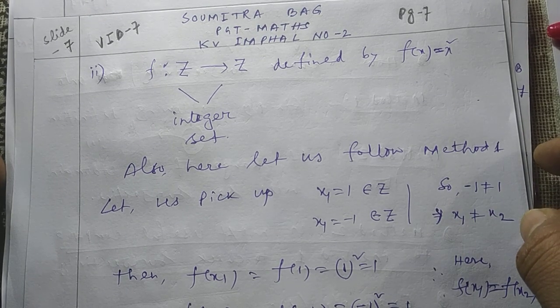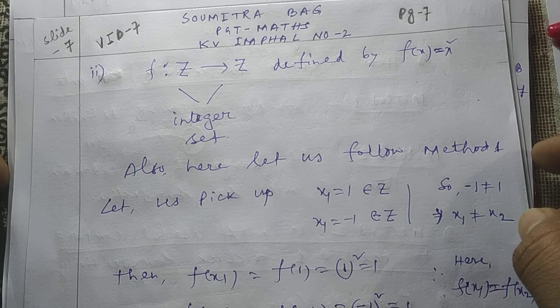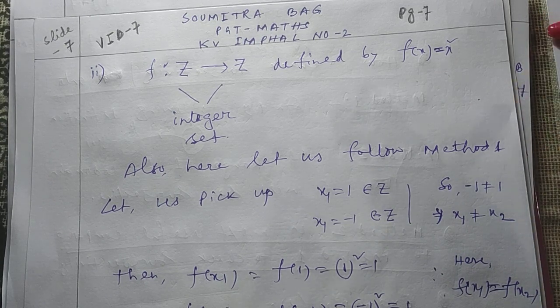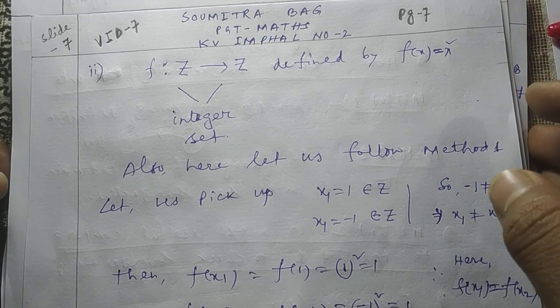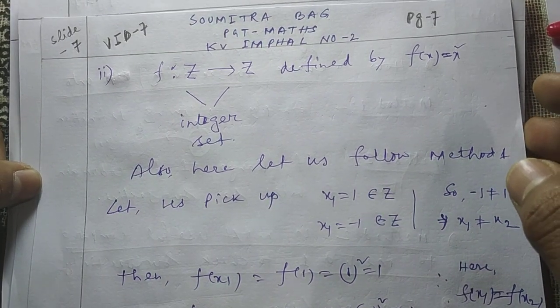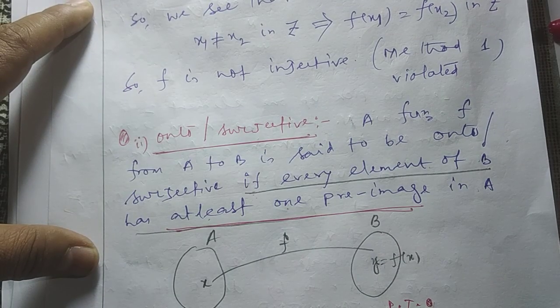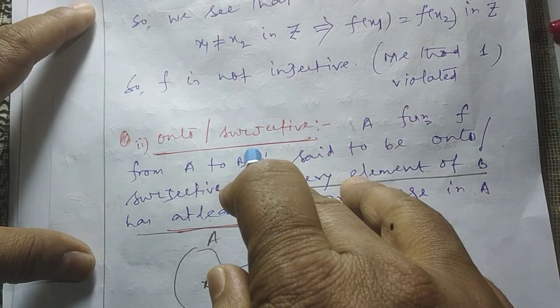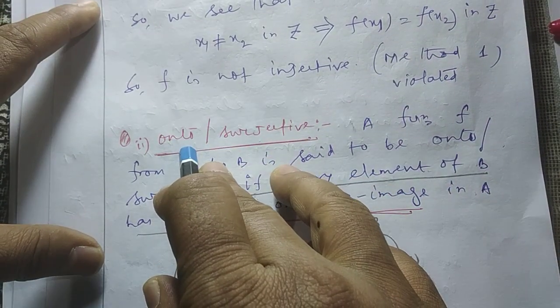Today this video is going to be my 7th video on the chapter relations and functions. In the last video, we already discussed one-to-one mapping or injective mapping in detail with some suitable examples. I hope all of you have got some ideas about that, correct? Now today in this video we are going to learn about surjective mapping or onto mapping in detail.